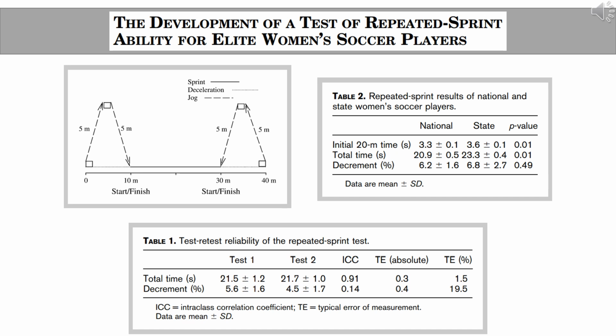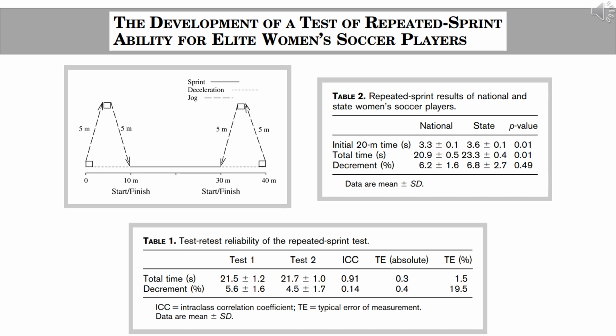Now what we have here is effectively jogging through this particular 5 meter period, turning round a cone, jogging again. Once we hit this 10 meter mark, sprinting 20 meters as fast as we can, and then effectively repeating that